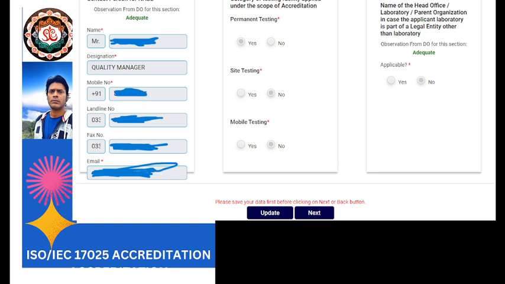Contact person phone number and mail ID, everything is to be provided here. NABL personnel, if they feel it is required, can coordinate with you through the contact person. And here, whether it is a permanent testing facility or site testing facility: if you are a permanent testing laboratory, then click yes. If you are a site testing laboratory, then click no here